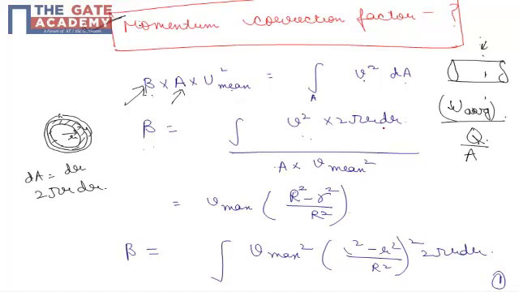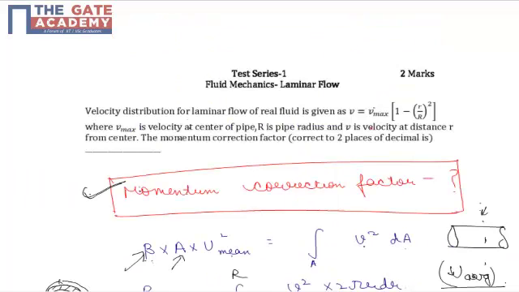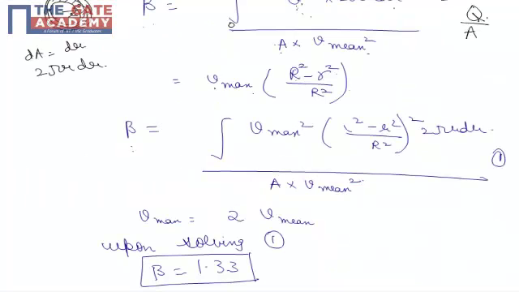So dA comes out as 2 pi r into dr into V square, its integral from 0 to capital R, upon A into V mean square. So substituting the value of velocity as V max into capital R square minus small r square upon capital R square from the given relation in the question, beta reduces to V max square into capital R square minus small r square upon capital R square, 2 pi r dr, and the integral is varying from 0 to capital R,